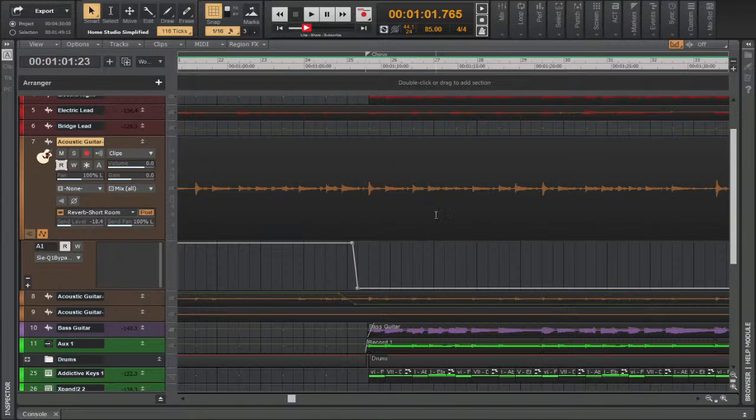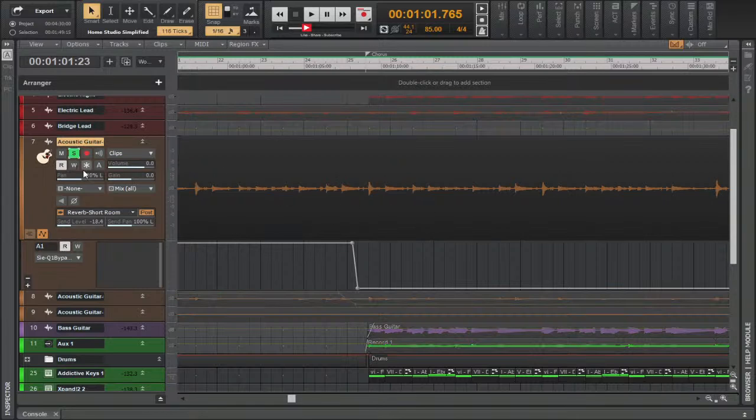So yeah, this particular acoustic guitar track has automation on it. And so we're going to kind of dive into what's going on then with this guitar track. So as you can see, the automation take lane is being used for